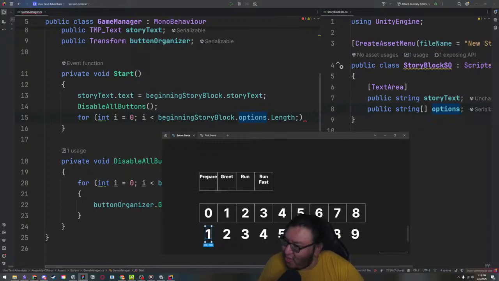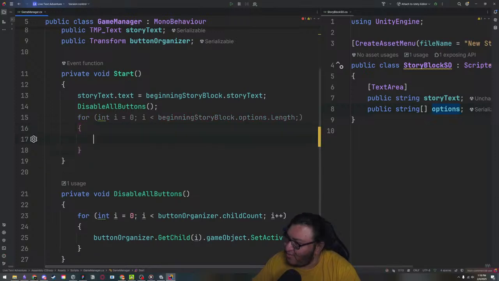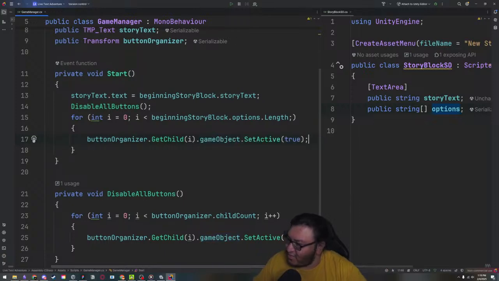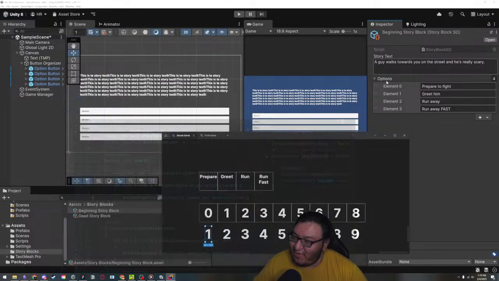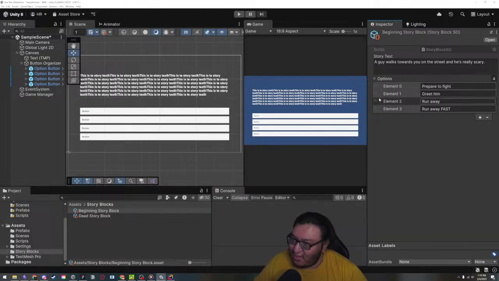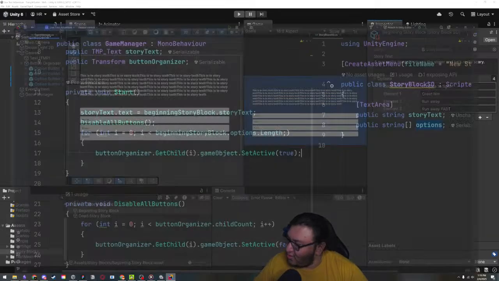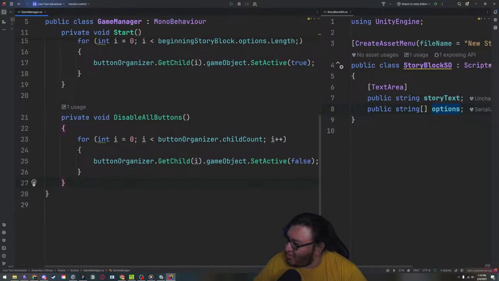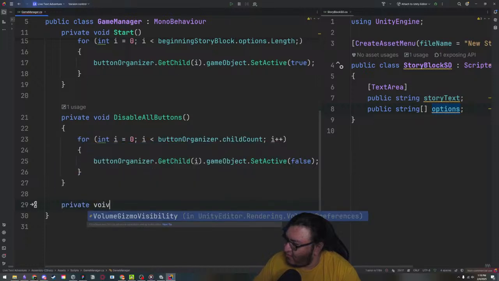But when we run our code, let me actually write a little bit more of our code right now. We're going to say, hey, our button organizer dot get child I dot game object dot set active true, just like that, which is just saying turn on this game object. So already, before we continue, let's see this go. We should see before we're disabling all of our buttons, and now we want to enable the proper amount of buttons. So void